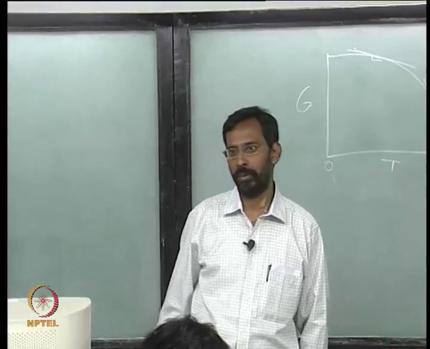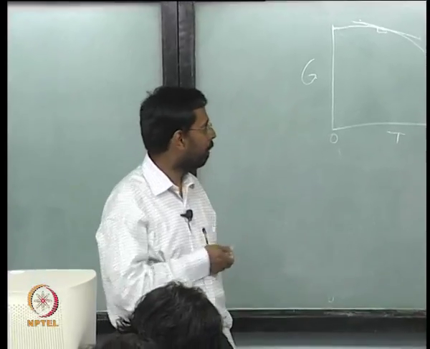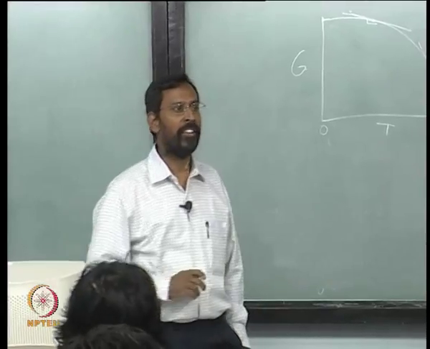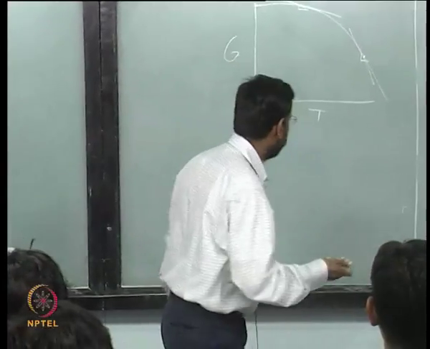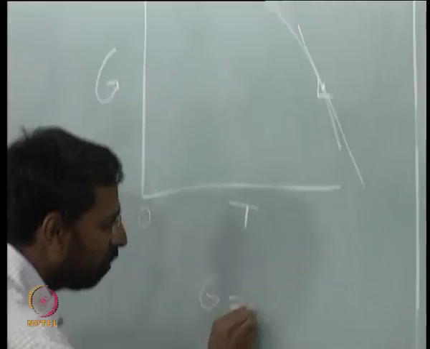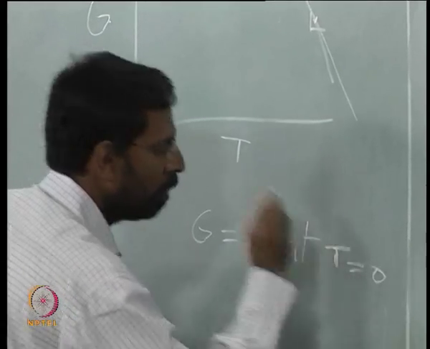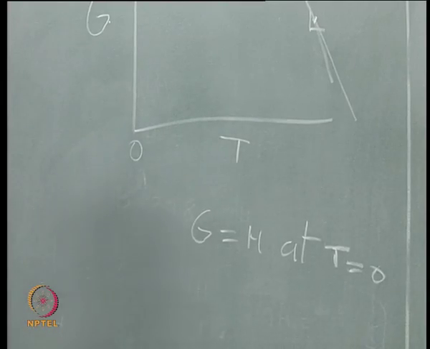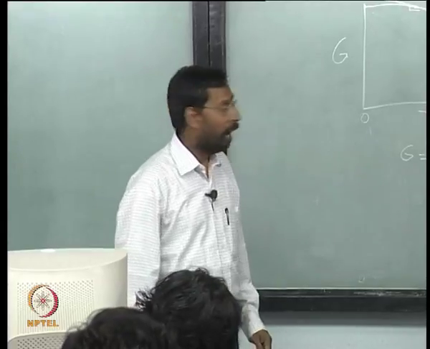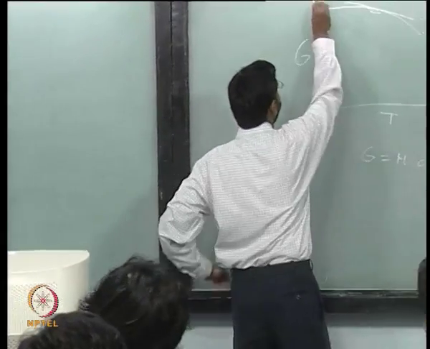And now if I find out what is this value, can you tell me what is G at absolute 0? Depending on what is there on the right side, you would say H, very easy. G equals H at T equal to 0, isn't it? So this value is nothing but H,